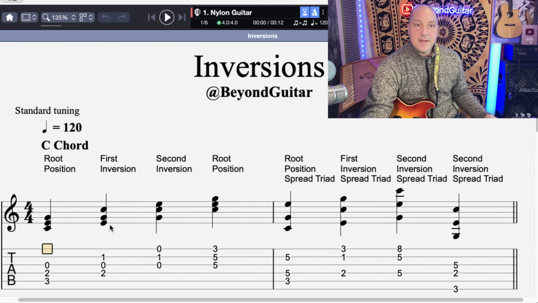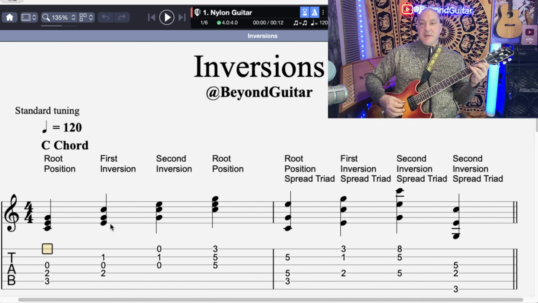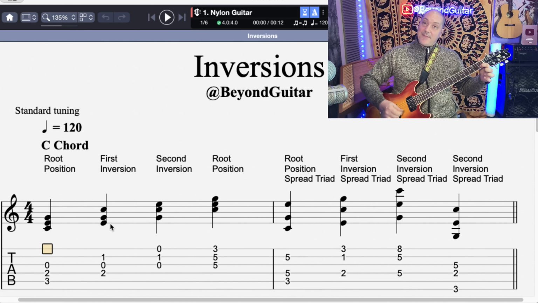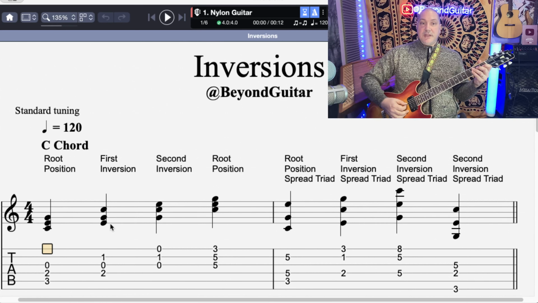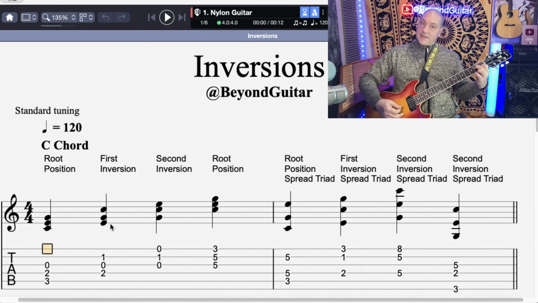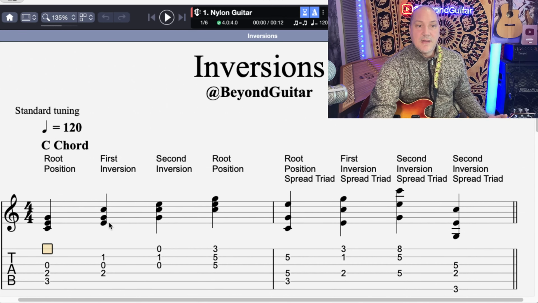Let's do the next one. This one says first inversion. What's that? Okay, what we did is we took the C that used to be at the bottom and instead we put it at the top. The C is an octave higher. So this chord is E, G, C. The third of the chord is at the bottom. The fifth of the chord is next. And the root of the chord is at the top. It's all mixed up, okay? It's all out of order. We have third,